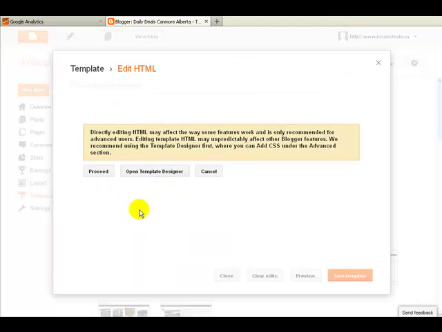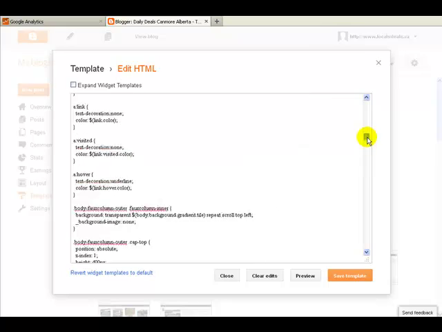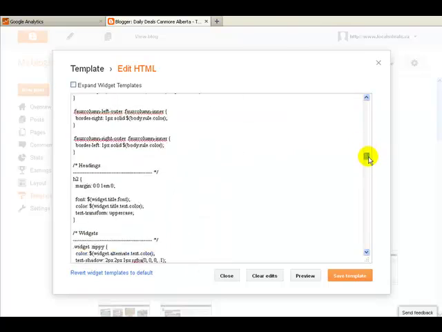Obviously this comes up saying that, oh my gosh, the world's going to end if you do this. It basically, don't worry about it. Say proceed, and what this is this is the code that makes that page live. Okay, this is the HTML. So what we need to do is you can put this code anywhere you want before the closing head tag. Now here's the initial beginning head tag. Okay, so you can put it anywhere in here. You can drop it in here, whichever. I usually go down here and find the closing head tag